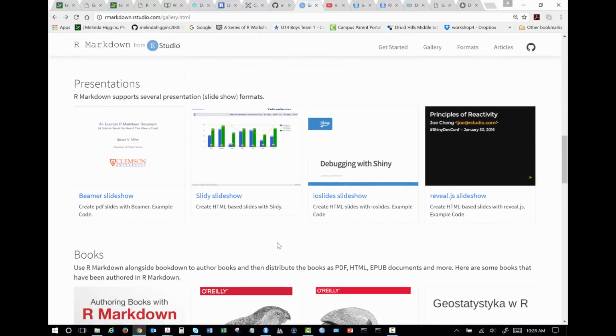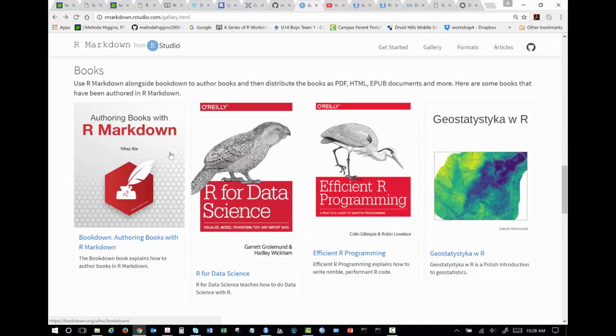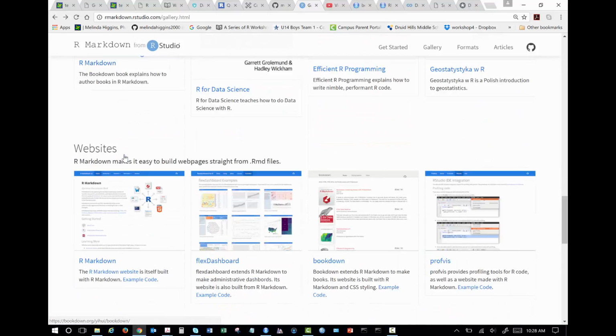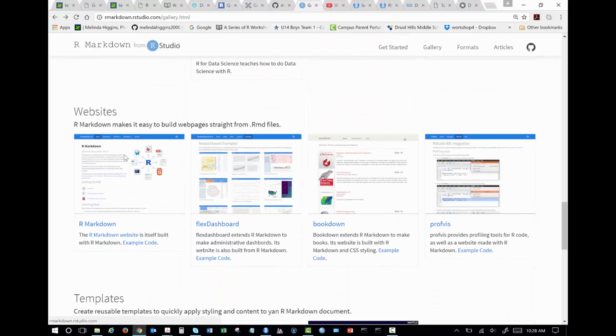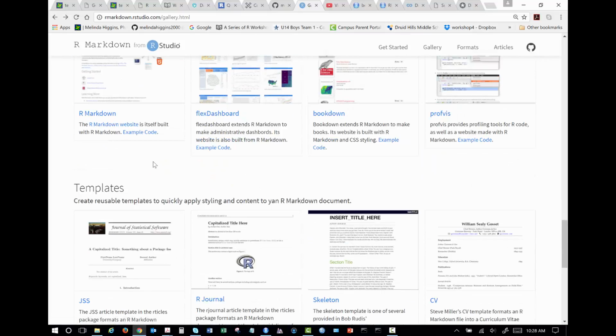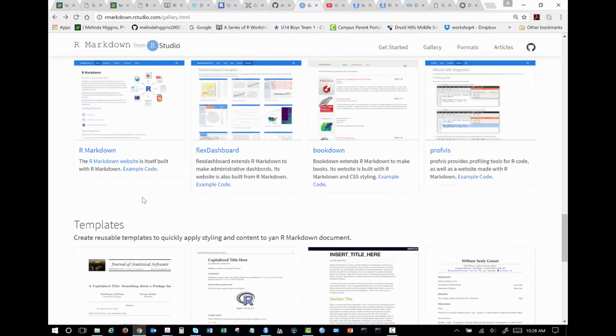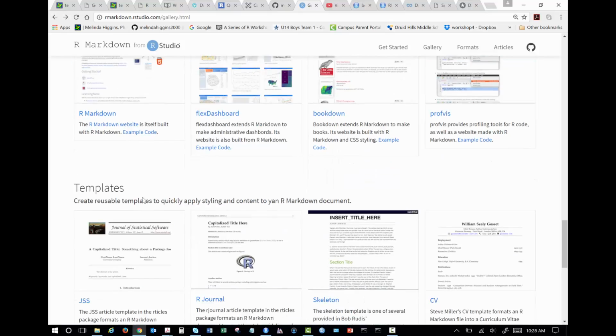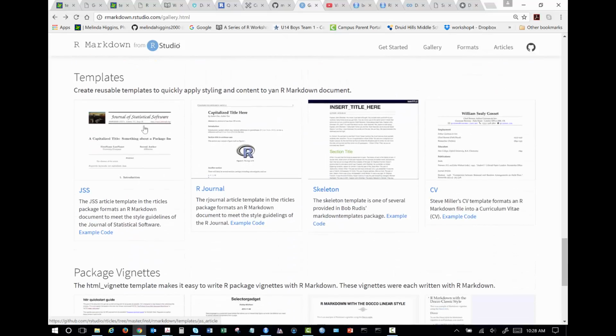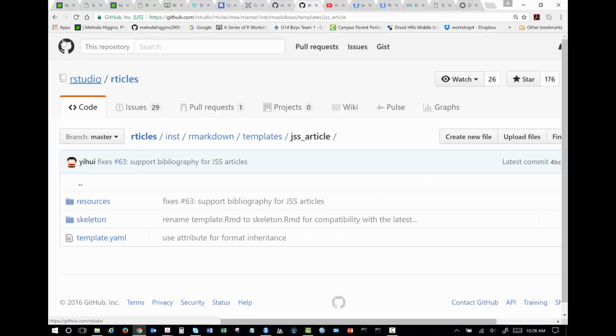Presentations, these are just different kinds of slides. I'm going to show you guys specifically some stuff about books. There's a bunch of different books now being written using this infrastructure. Websites. I was so excited when I found out about this because I hate starting from scratch making websites, so I'm starting to use this for my websites. There's now templates. So we'll see how fast we go today. I might show you guys some of this at the very end, but just to give you an example, this is the